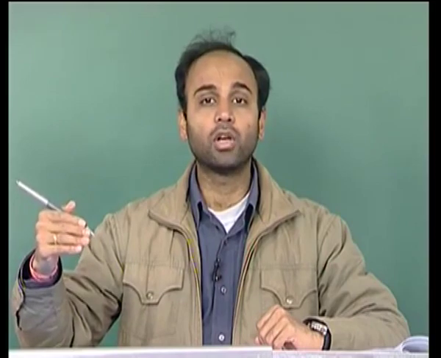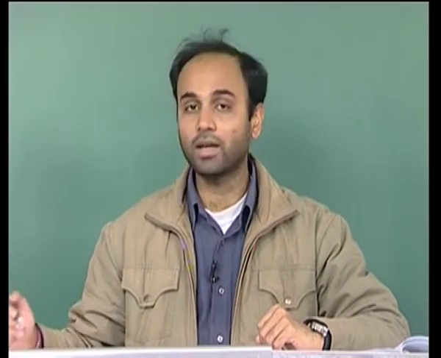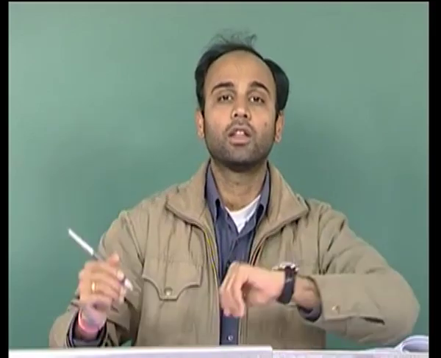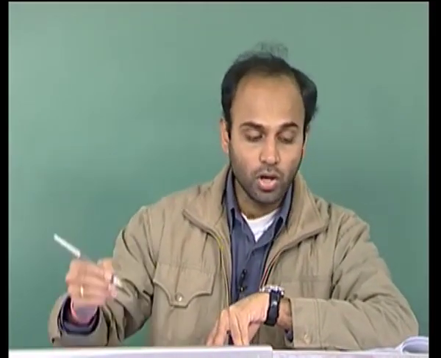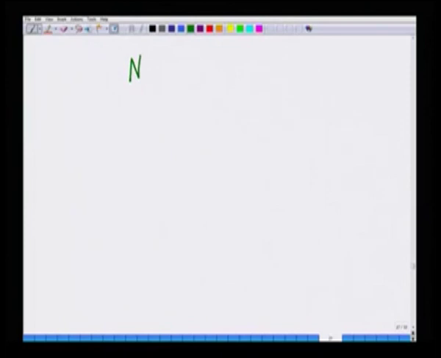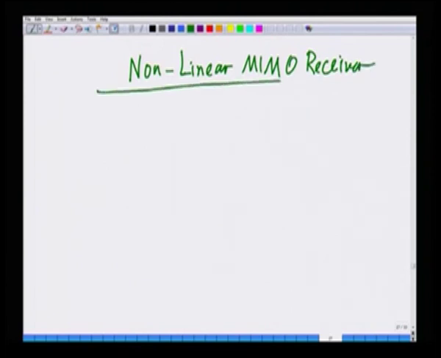So we are going to now look at nonlinear MIMO receivers, because that needed some background with respect to the MIMO channel decomposition and so on. So now we will look at one example of a nonlinear MIMO receiver. In fact, what we are going to do is look at what is known as V